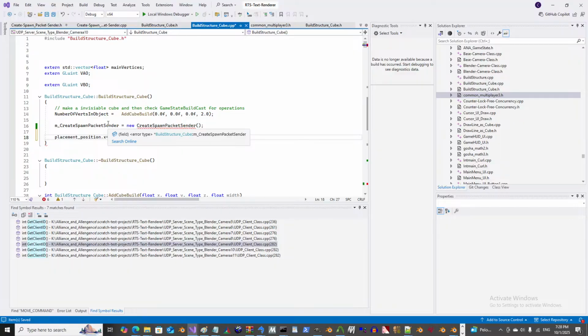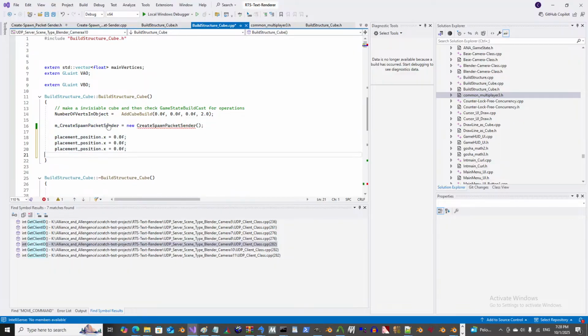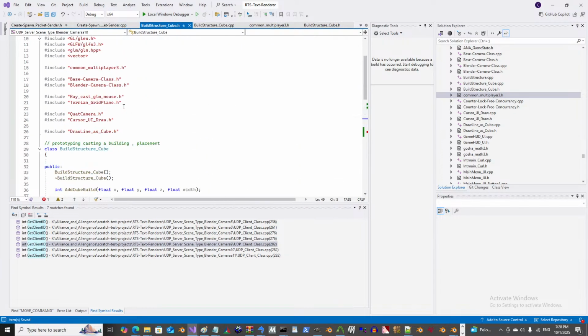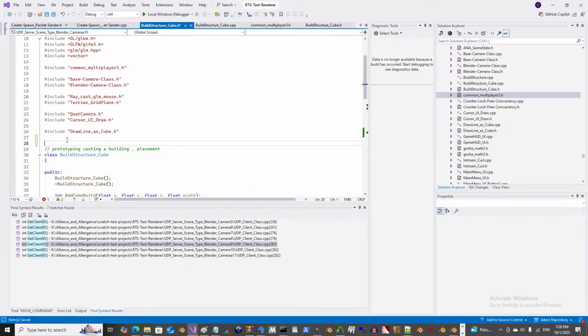Probably because it's not included. We'll set this to 0.0f. Copy paste this. Visual Studio actually did it right. I'm so surprised. I like using Notepad++ for that reason, and Notepad. It's just like the alternative. Okay, so we take build structure cube, stick this in there,